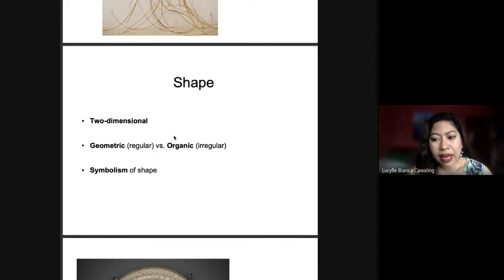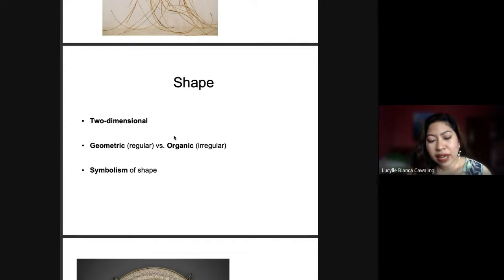So square, triangle, circle, hexagon, etc. And your organic lines are those that are not mathematical in nature and that are naturally occurring,